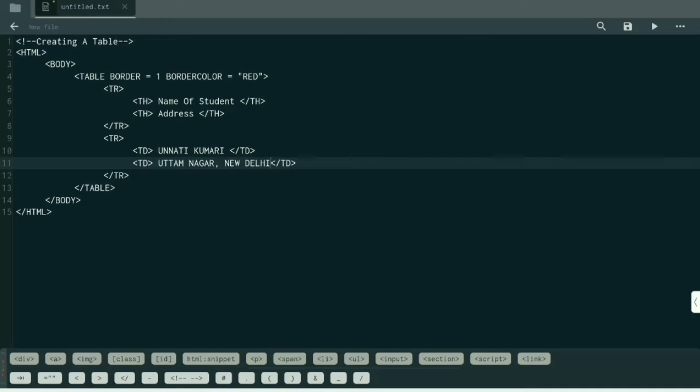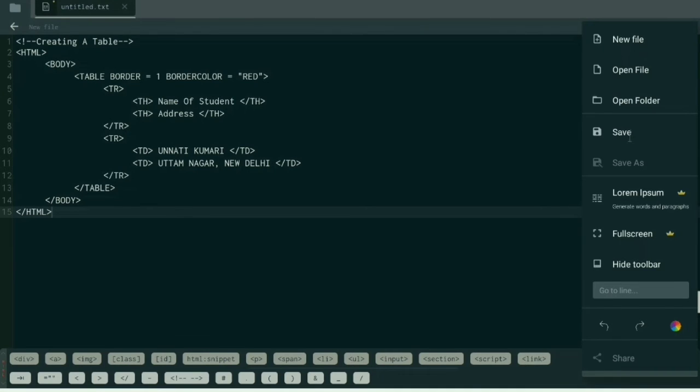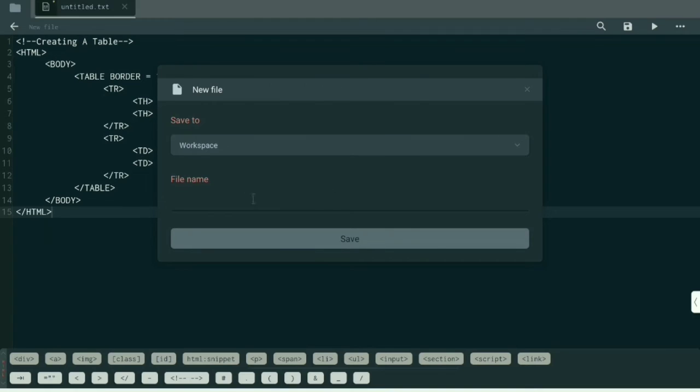So in the first row we specified fields of the table. In the second row, first record Unnati Kumari and address Uttam Nagar, New Delhi.